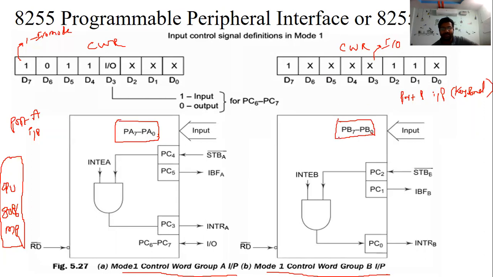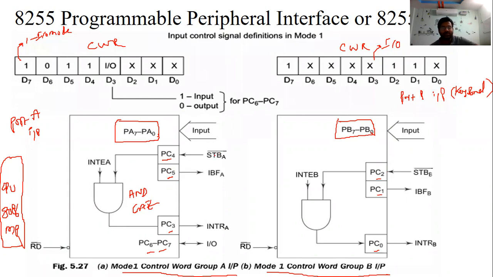In this mode 1, the external devices we use here are some AND gates. The pins PC4, PC5, PC3, PC6 to 7, PC2, PC1 are nothing but port C signals as control signals.